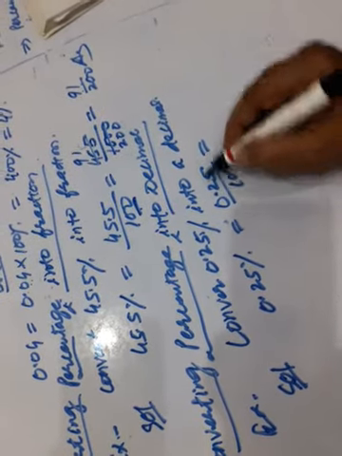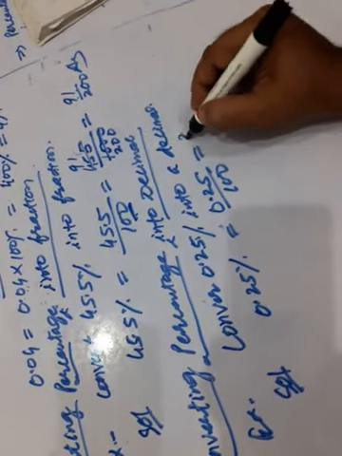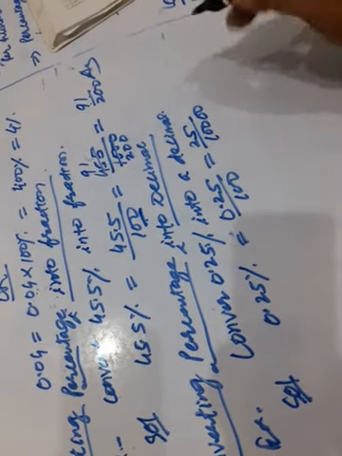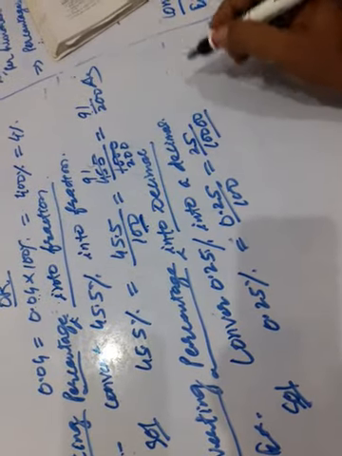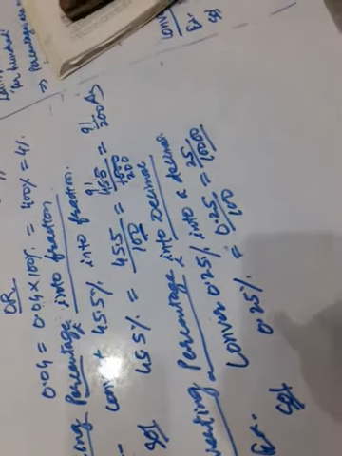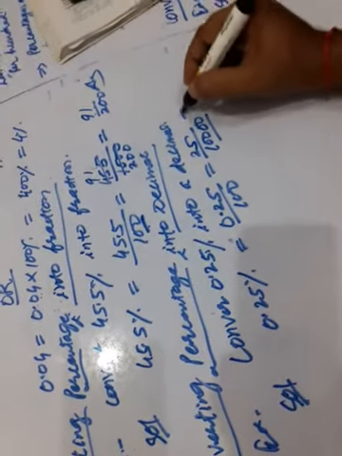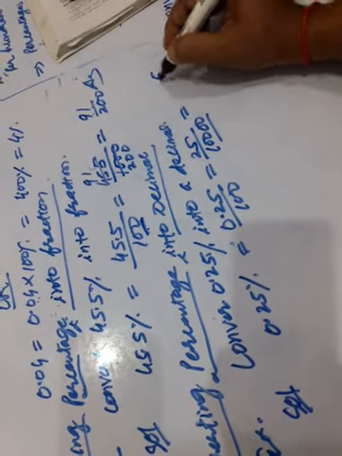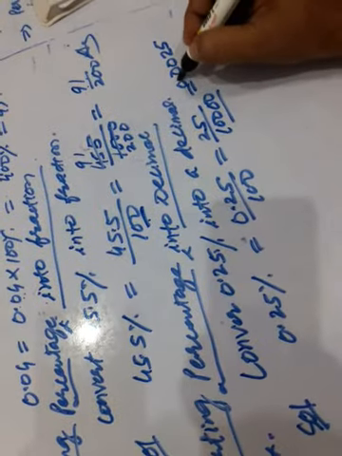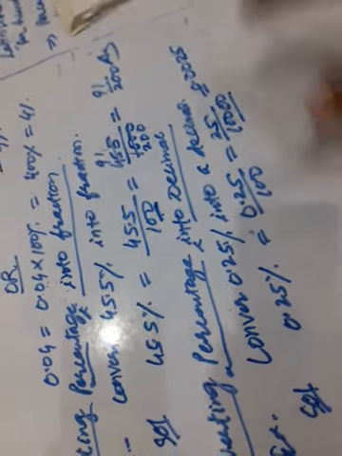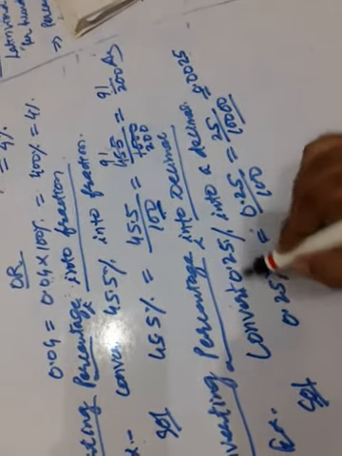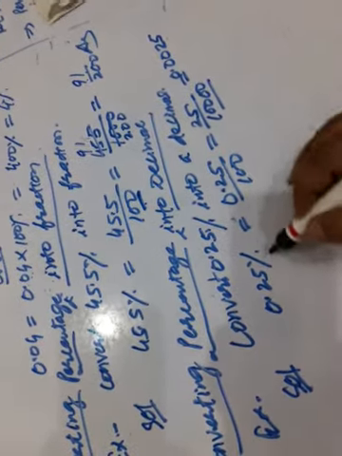Here the decimal point is shifted to the right by 2 digits, so it is 25 upon 10,000, as 2 more zeros are added to the 2 zeros already there. Now see the number of zeros in the denominator, that is 4. It means the decimal point will be shifted 4 digits to the left. Clear? So 25 upon 10,000 is 0.0025.